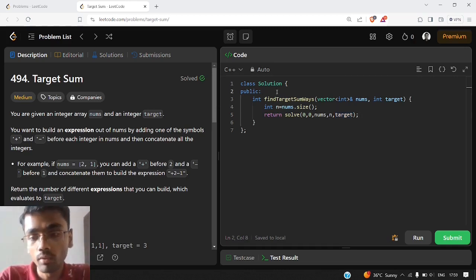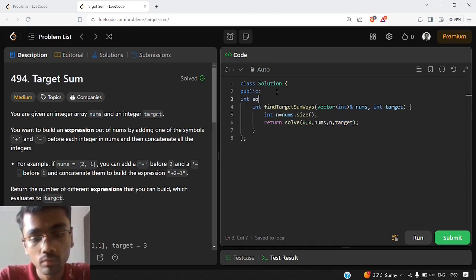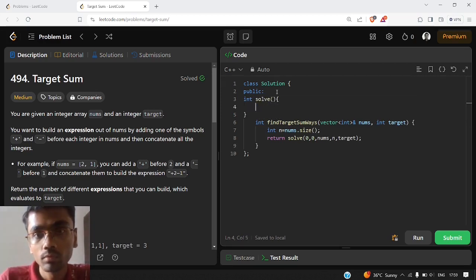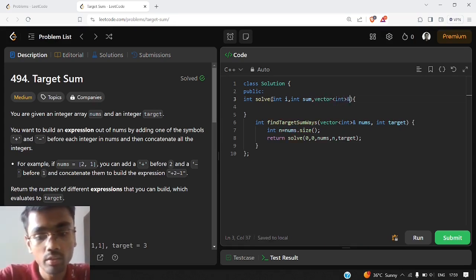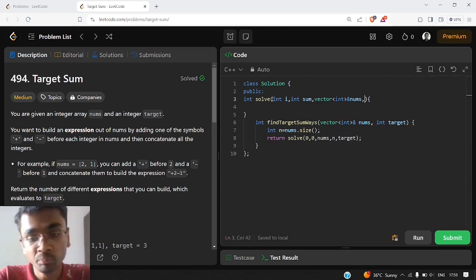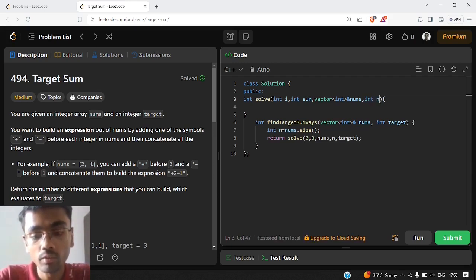So let us write the solve function now. int i, by which we can iterate through the array, int sum, the current sum, the given integer array nums, int n, the size of the nums array, and int target, the target that we want to achieve.